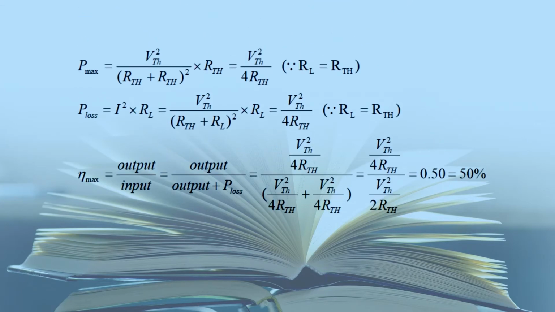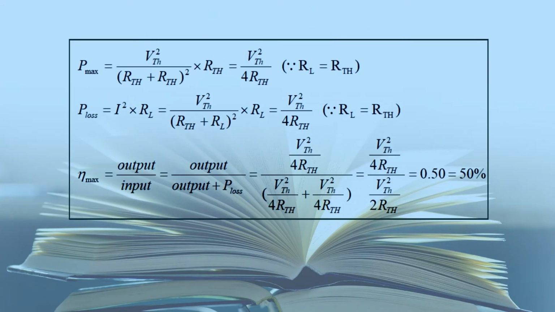Now because you have to find out the value of the maximum power, under the condition of the maximum power transfer, the power delivered to the load is given as P max is equal to what? VTH square upon RTH plus RL whole square multiplied by RL. So the condition of the maximum power is what? RL is equal to RTH. So just put RL is equal to RTH in this expression, and after putting this value, you will get P max is equal to VTH square upon 4RL.